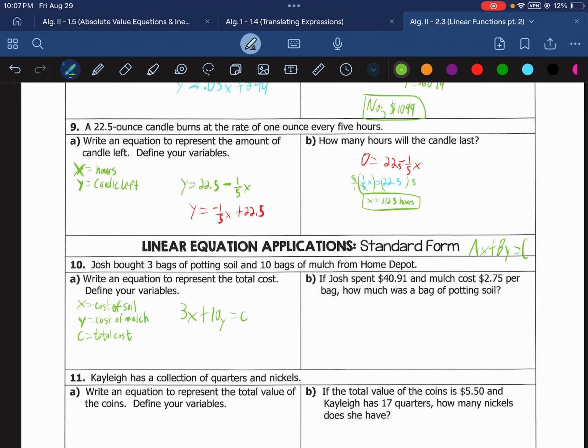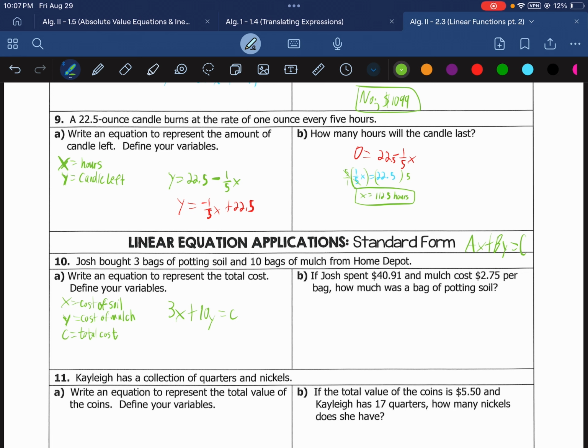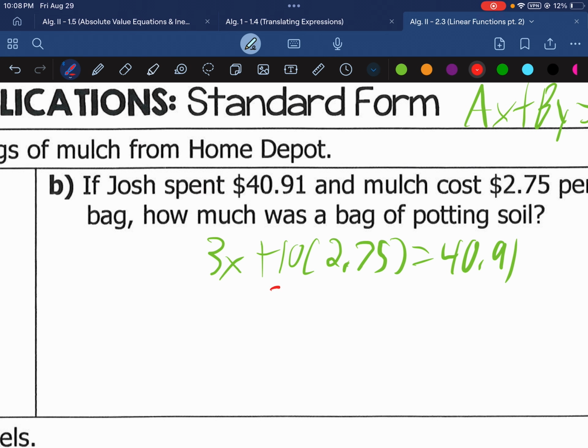So now, using this equation here, if Josh spent $40.91 and mulch costs $2.75 per bag, how much was a bag of potting soil? So we plug these in. So 40.91 is our C, 2.75 is our M, and now we solve for X. So we have 3X plus 10 times 2.75 equals 40.91. So we go ahead and start solving this one by multiplying 10 times 2.75 and getting 3x plus 27.5 equals 40.91. Subtracting 27.5 results in 3x equaling